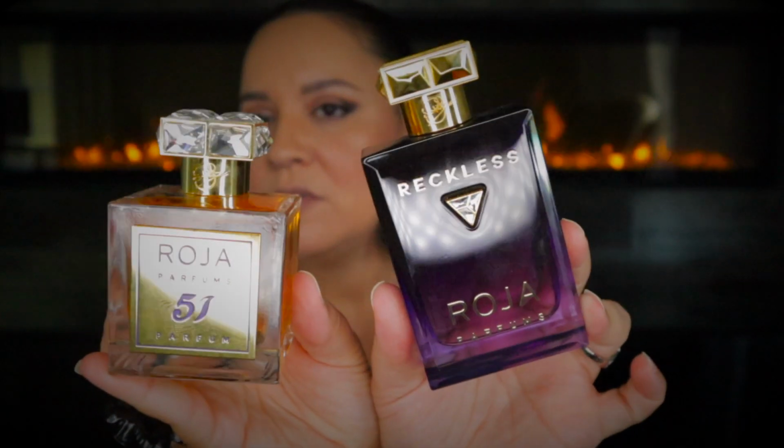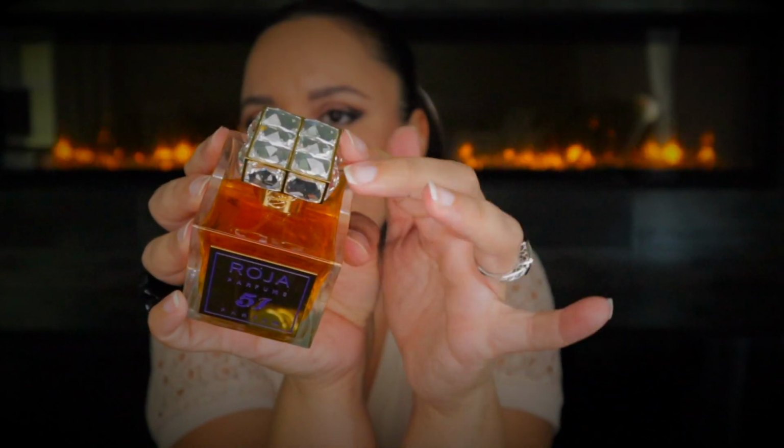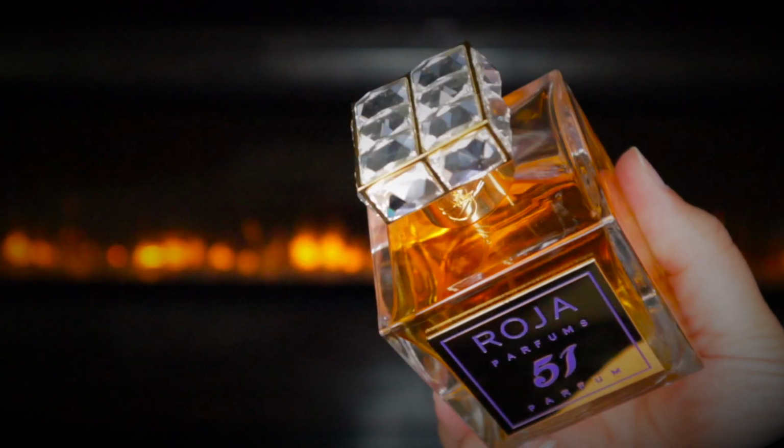and then I do like this magnetic top. Okay, another unique simple bottle I would say are the Roja bottles. I like this one with the purple, and then this Roja 51 with the crystals on the top. It's got this really nice metal plate, and again this really nice crystal top. And then this is supposed to be, I don't want to say more affordable because it's not affordable,